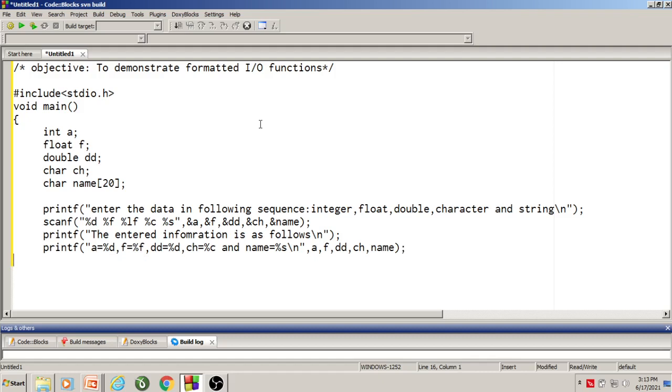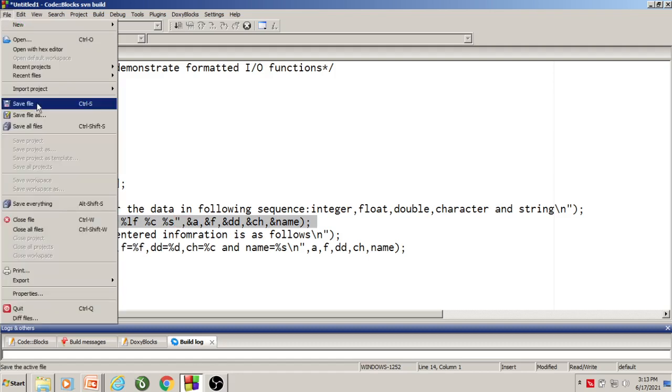So I put a curly bracket to close the program block. This statement will display the different data stored in memory locations on the display unit, and this other statement will read different types of data from the keyboard. So let me save this file.